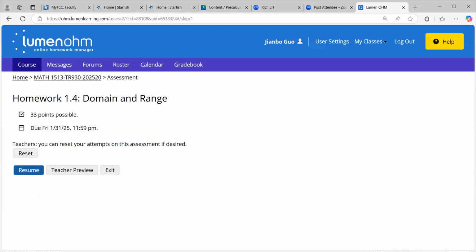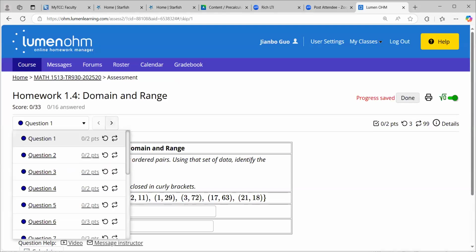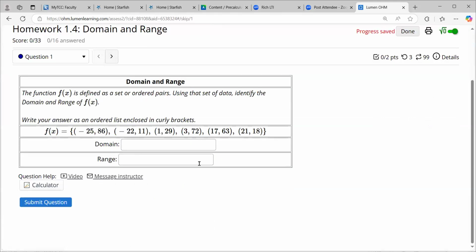This is the first question. Write your answer as an ordered list enclosed in curly brackets. Curly brackets means a pair of braces. A pair of braces is a notation for sets. The function f of x is defined as a set of ordered pairs. Using that set of data, identify the domain and range of f of x. So this is